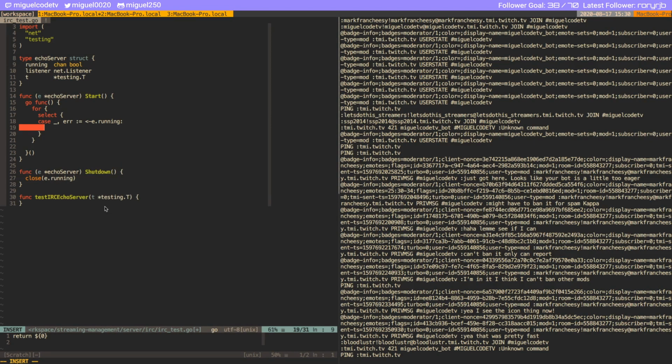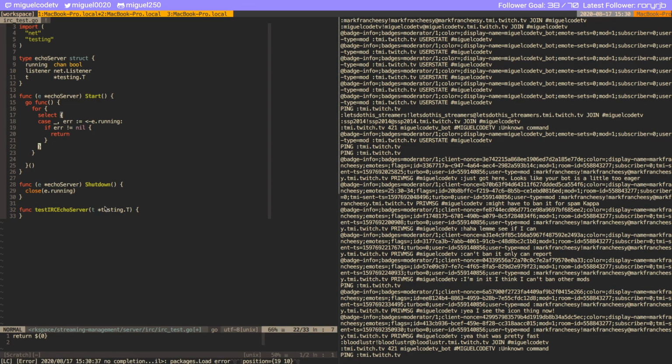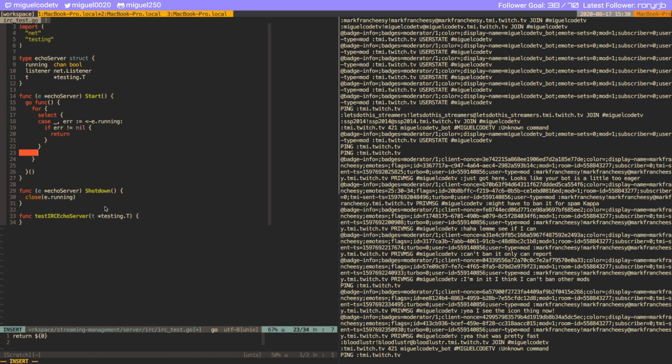And what we're gonna do if there's an error is that we're gonna just return. So we're just exiting the for loop. And then in here, we just need to make sure that we are, so we have,